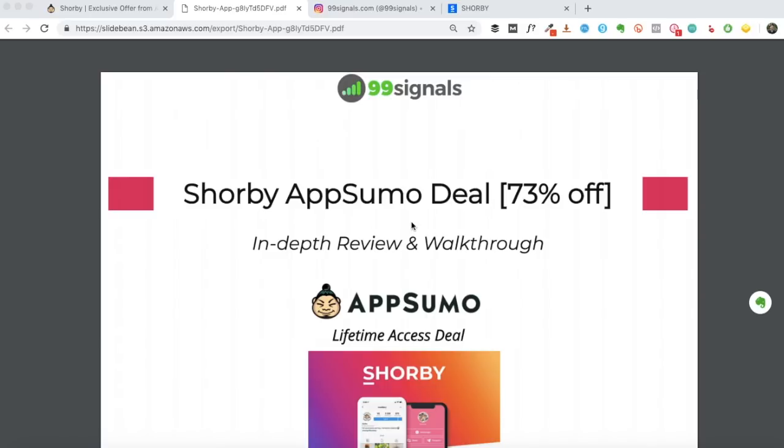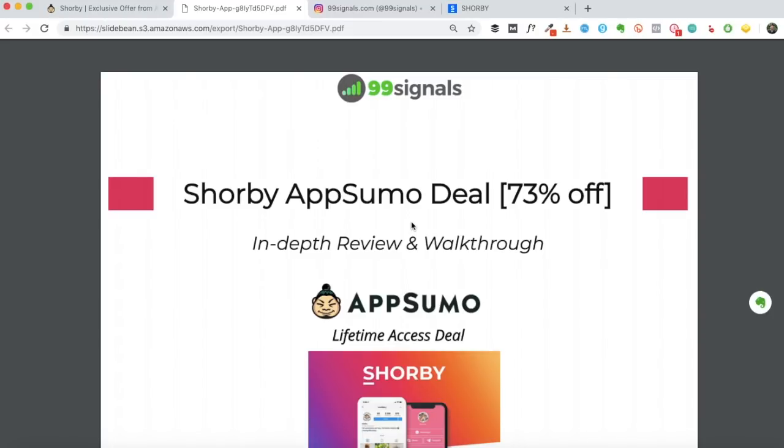This is a tool which will allow you to create a custom link and you can copy and paste this link onto your Instagram profile. So before I do the walkthrough, I want to talk about Shorby a little. I want to give more details about what this tool does for you. And I also want to talk about the AppSumo deal, what it is you're getting, what's included in the deal. So we'll talk about that. But if you're already aware of the AppSumo deal and if you know about Shorby, then you can skip to the section where I do the walkthrough. You can find the timestamps in the description of this video.